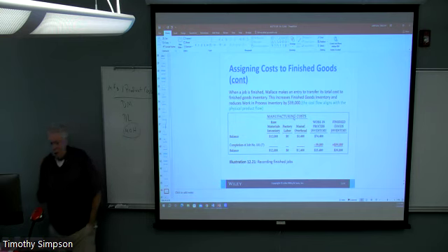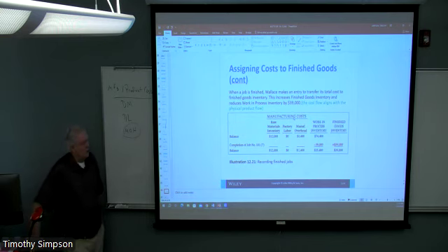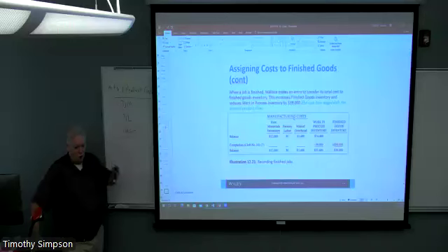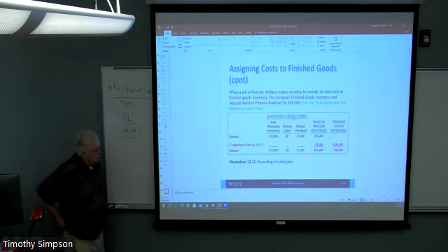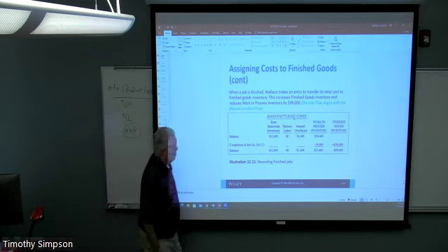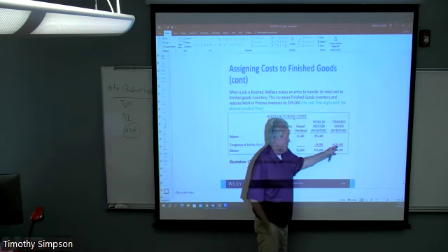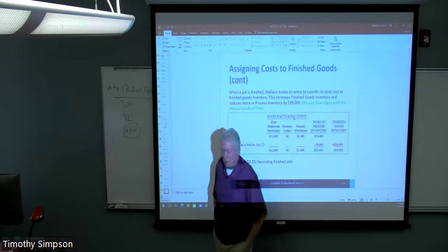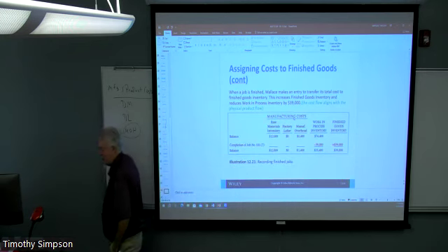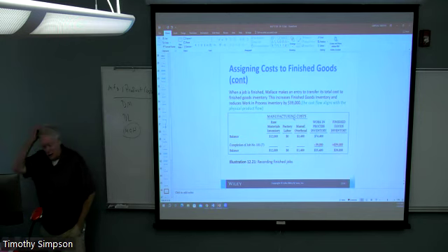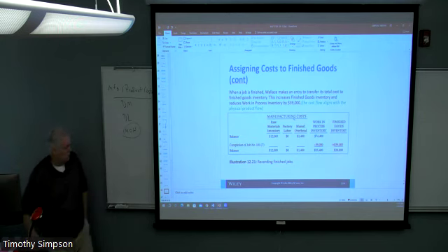Remember, one of the metaphors that we used when we talked about costs being absorbed throughout the production process is that the flow of costs is designed to match the flow of the goods themselves as they're being produced. So these goods are now done, so they're no longer work in process. So we have to take them out of work in process and put them in finished goods. But they're still in inventory, and all those costs are still tied up in the inventory account. Remember, one of the key elements of financial accounting is this idea that we don't recognize cost of goods until those goods are sold.